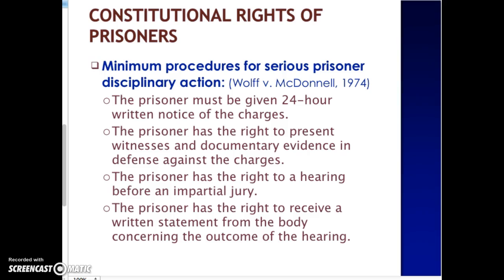So this due process issue, the 14th Amendment, is really designed to keep cases out of court. Let the institution try to resolve those as quickly and efficiently as they can within the confines of the institution without bothering the courts. Okay, so that's about all I'm going to talk about. Those are the main constitutional protections that inmates have: the First Amendment, the Fourth Amendment, the Eighth, and the 14th Amendment. So this week you just have to decide whether they have too many rights, or too few.